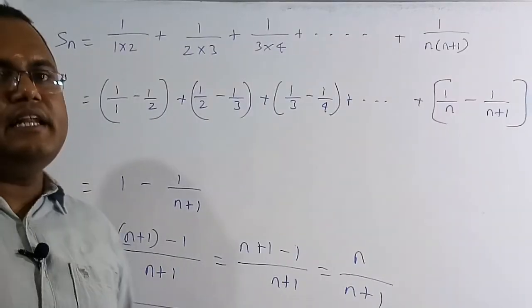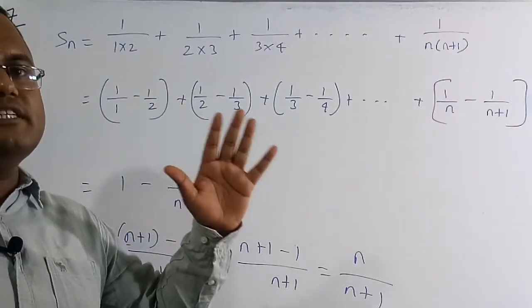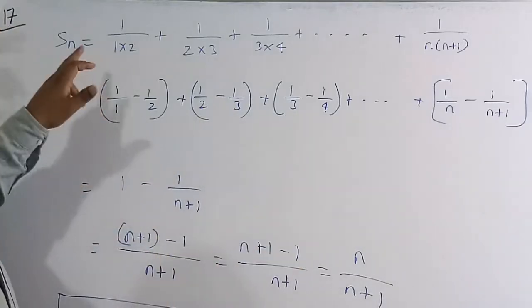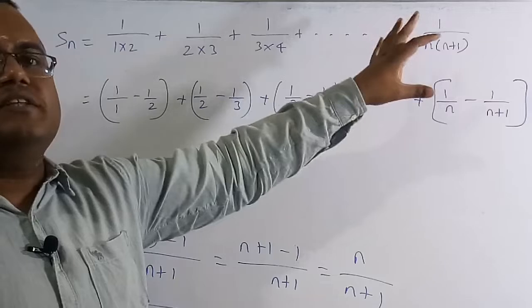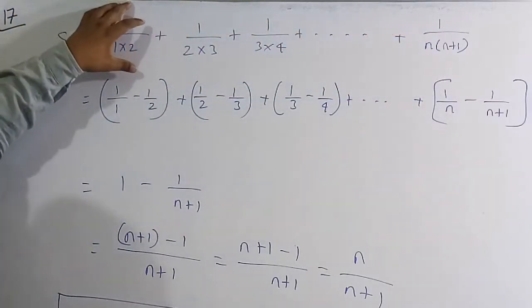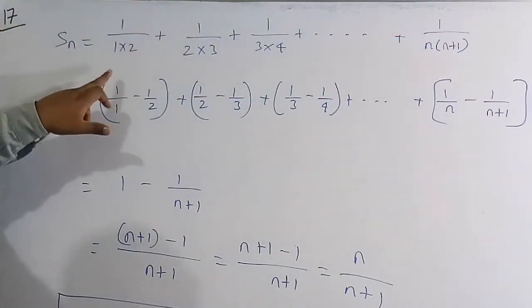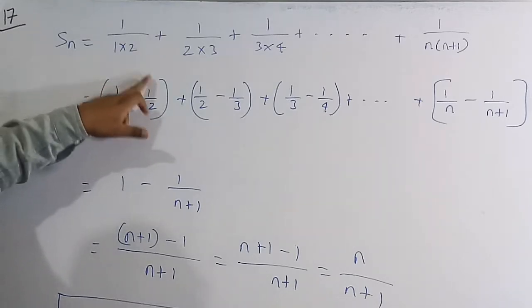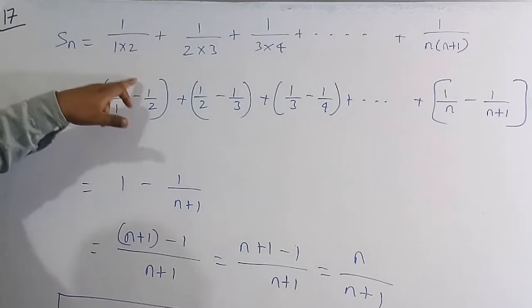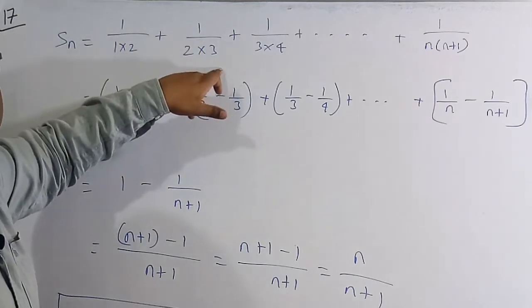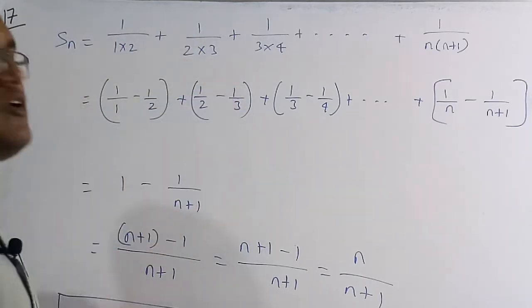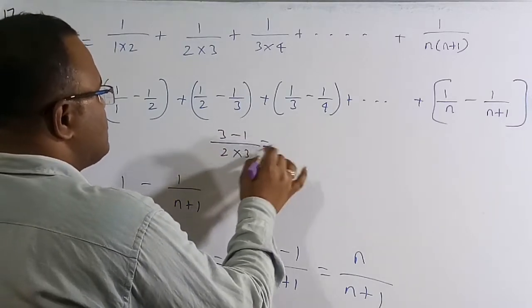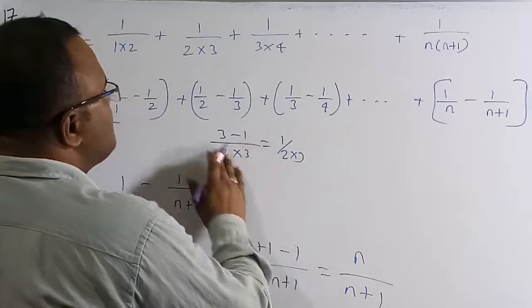See, they are given basically an infinite series. So out of this infinite series, we have to find only the sum up to n terms. So therefore, Sn is equal to this summation. So I can write 1 by 1 into 2 as 1 by 1 minus 1 by 2, because if you take LCM, which is 2, then 2 minus 1 is again 1. So you are going to get the same term. And similarly, 1 by 2 into 3, I can write as 1 by 2 minus 1 by 3, because if you take LCM, which is 2 into 3, this is 3 and this is minus 2. So same thing we are going to get.